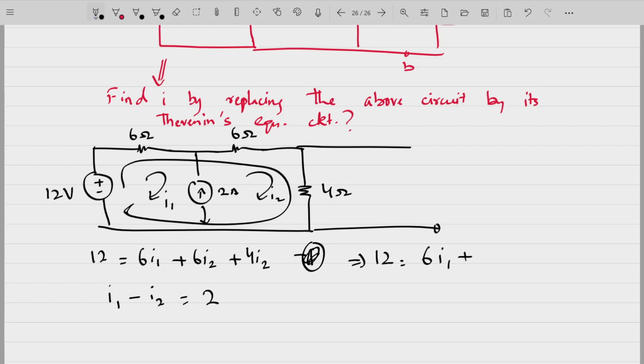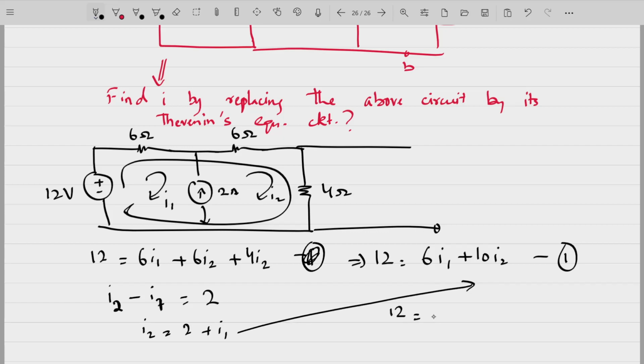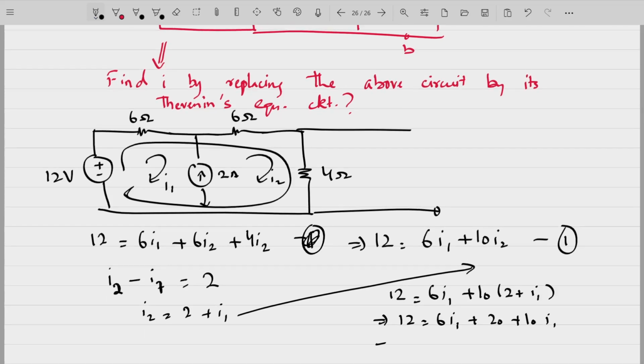एक मिनट, 6I1 plus 10I2, ये आपकी एक इक्वेशन हो गई. I2 minus I1 is equal to 2 amperes, ये आपकी दूसरी इक्वेशन है. I2 is equal to 2 plus I1, so you can substitute it here. 12 is equal to 6I1 plus 10 into (2 plus I1), 6I1 plus 20 plus 10I1,